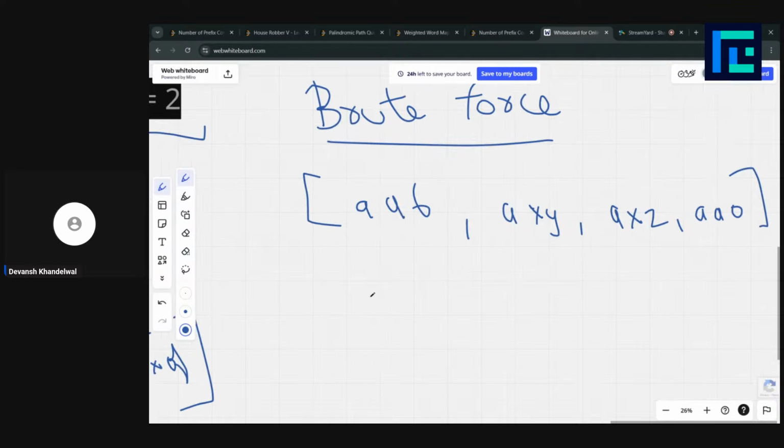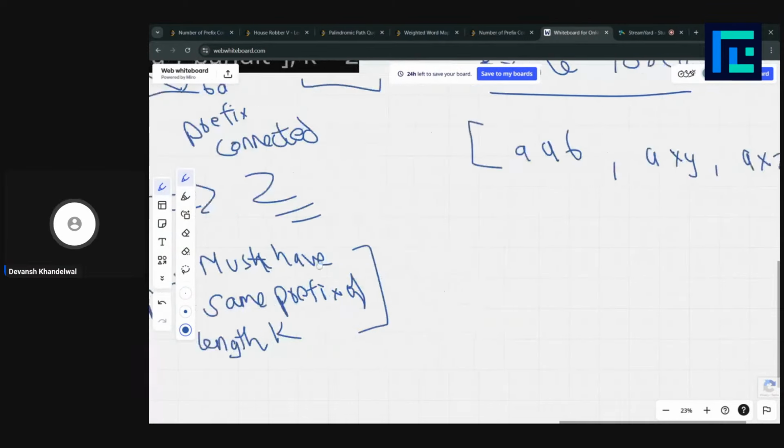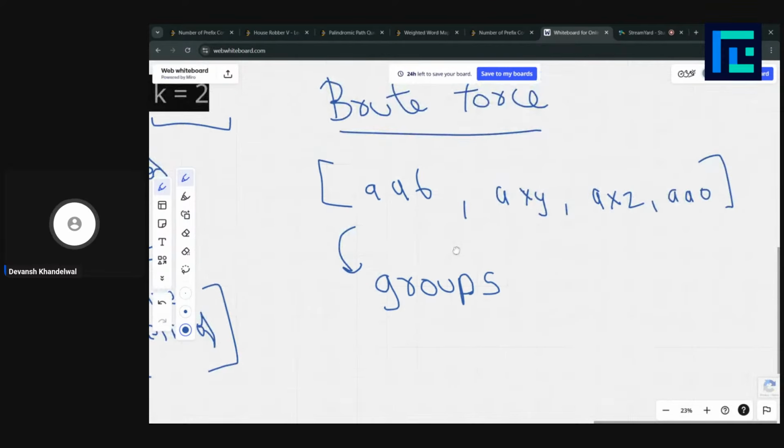We need to basically divide them into groups. So for this string, I would check whether this, this, and this are prefix connected or not.